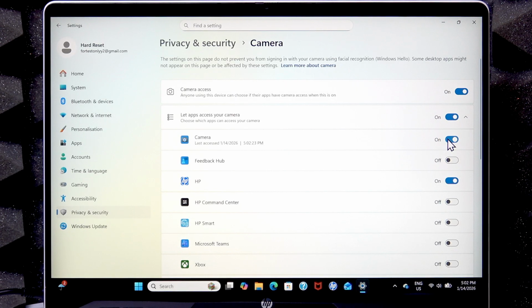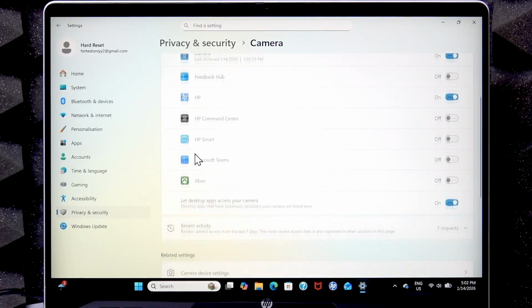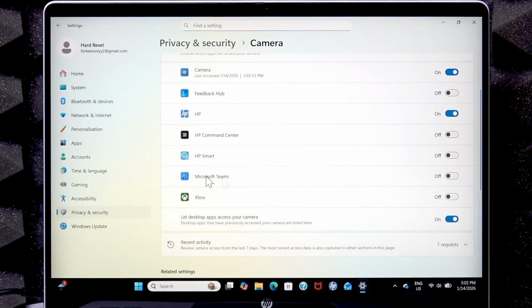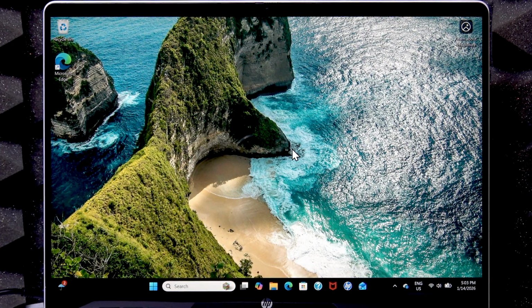the access to your camera for the camera application is switched on, or if it's not the camera application that you're trying to launch, then make sure that the application that you want to enable your camera on for has the toggle switched on in this list. And if it doesn't have the toggle switched on, then switch it on, and then your camera should start working